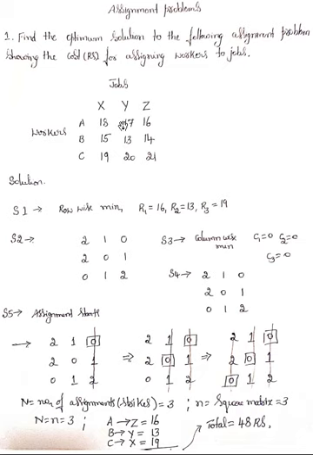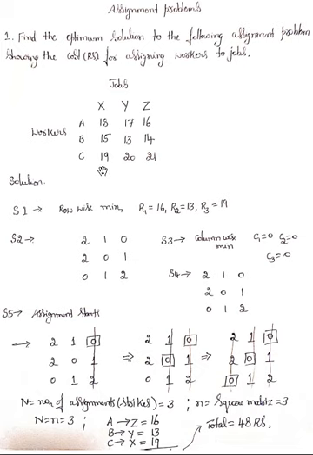First we need to identify the cost matrix. Then we need to check whether the cost matrix is a square matrix or not. If it is not a square matrix, we need to make it a square matrix. If it is not square, it is called an unbalanced one. If it is unbalanced row-wise or column-wise, we need to introduce a dummy row or dummy column, so that we convert the unbalanced matrix into a balanced square matrix. That is the first step.